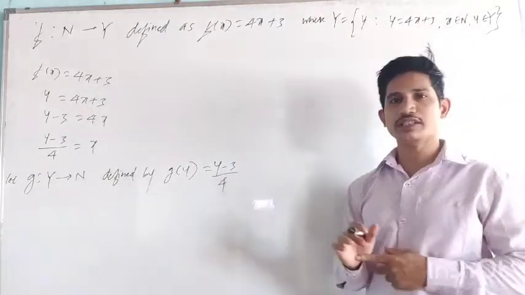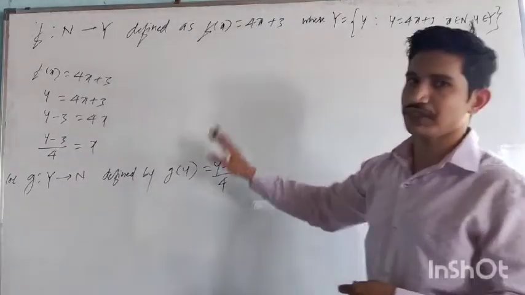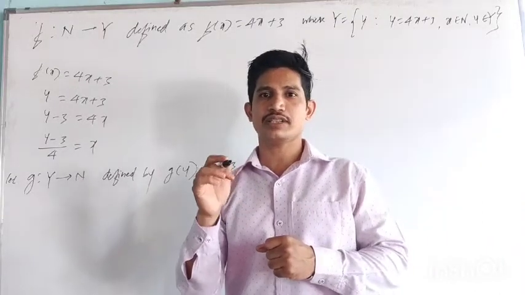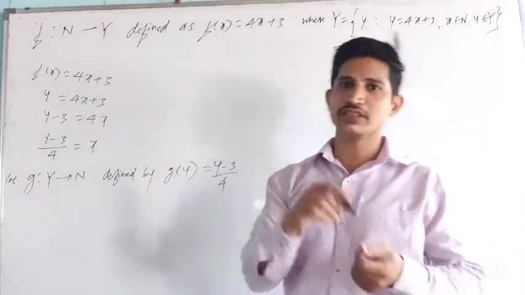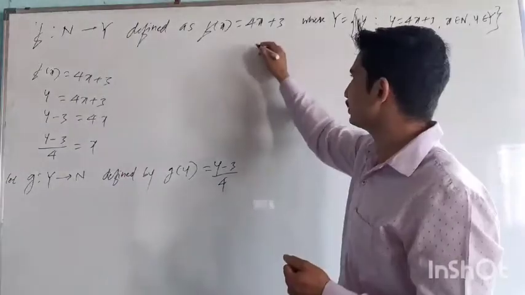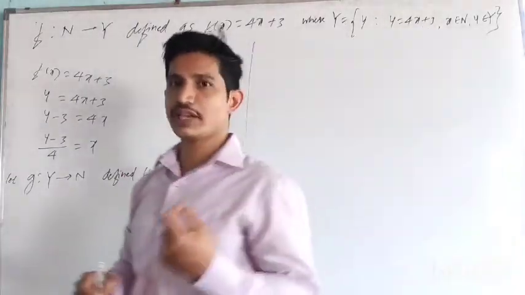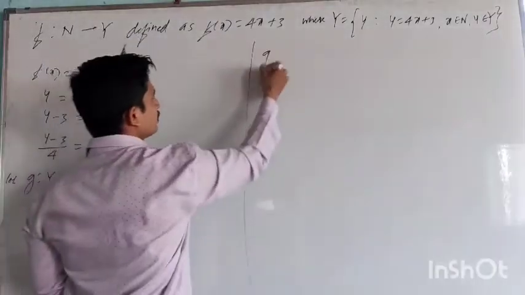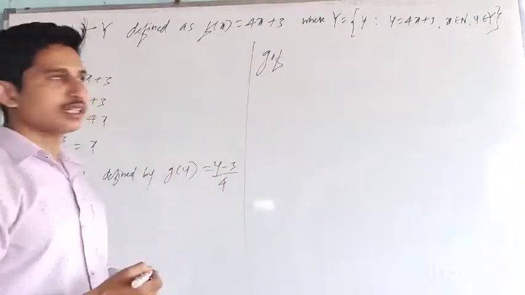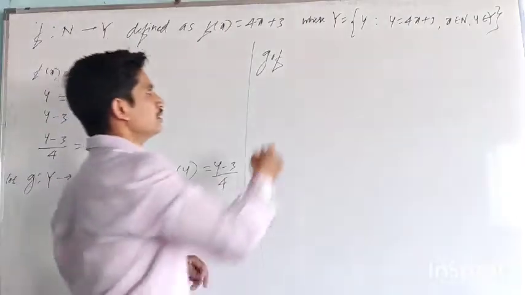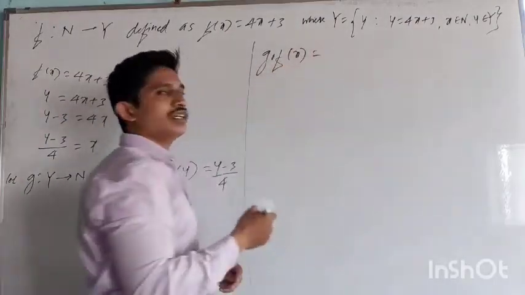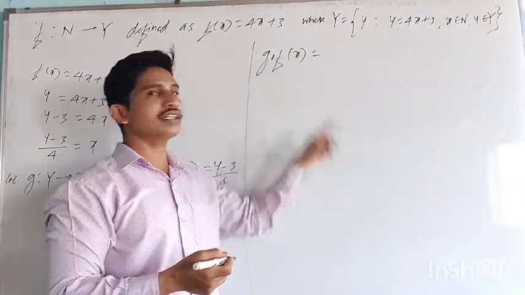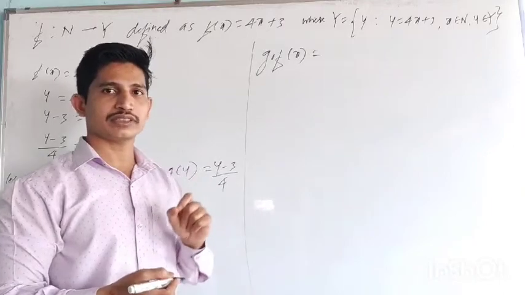Okay, so the step is clear. We have f of x here, we have g of y here. A function is called invertible if g composition f is the identity function and f composition g is also the identity function. So let's show that the compositions of these functions are identity functions. I'll take g composition f first. For f there is an x variable, so write x here. Identity means if x is there, the answer must come x. If the answer is coming x, then it is the identity function.